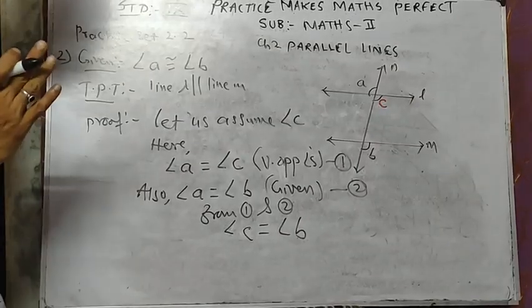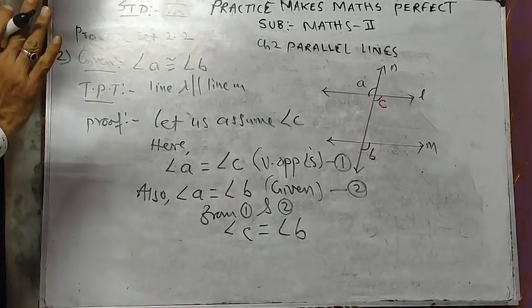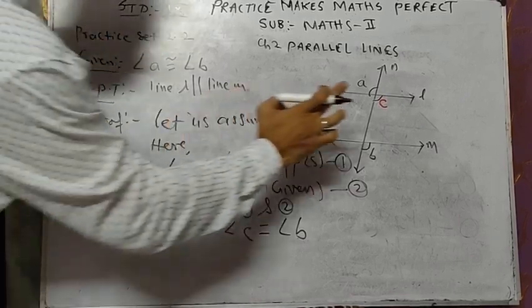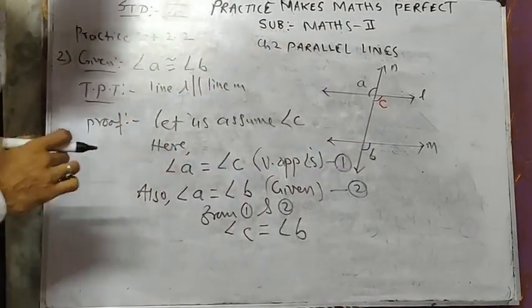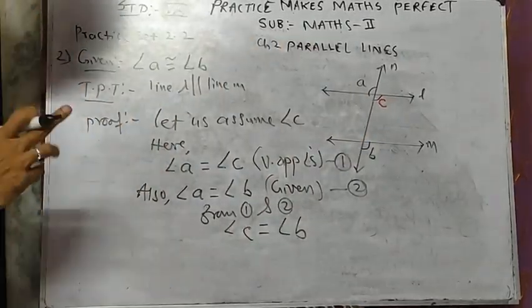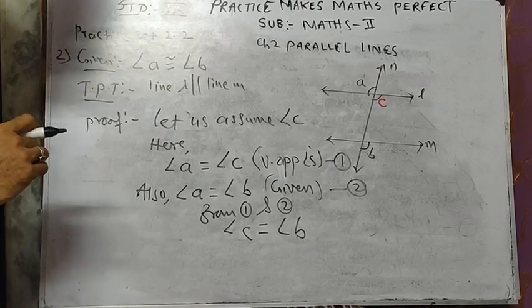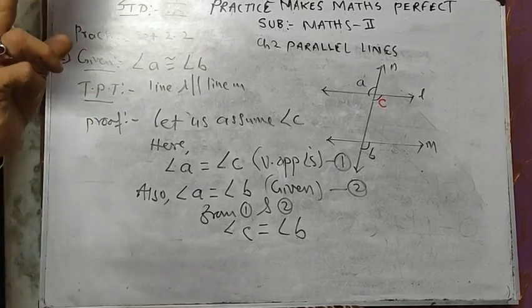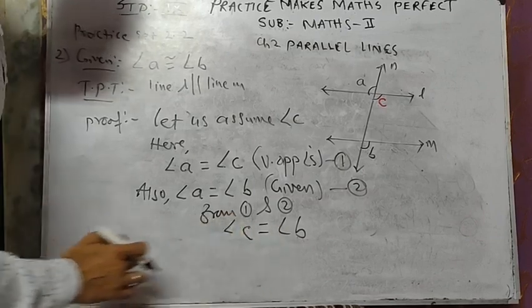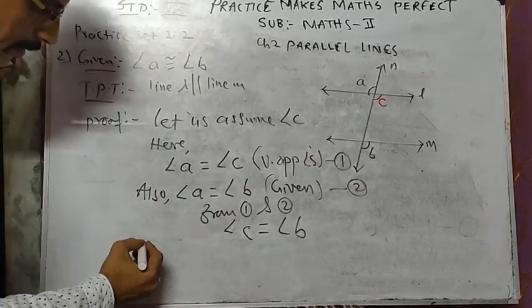What do they form, you know very well. What type of angles are they? Yes, they are corresponding angles. They form a pair of corresponding angles, and you know corresponding angles are always equal. So they are equal. So I will write here,